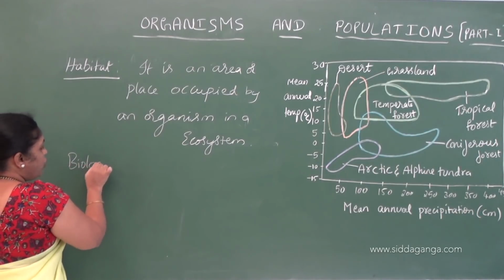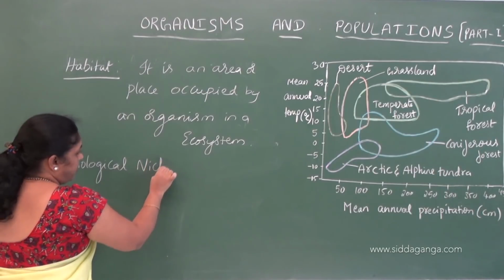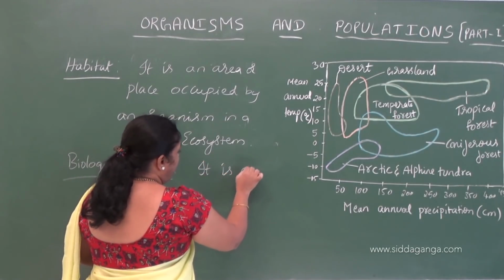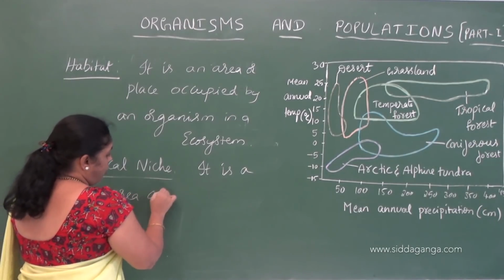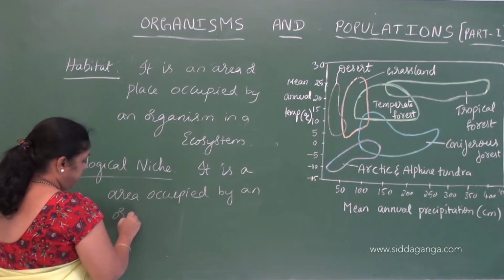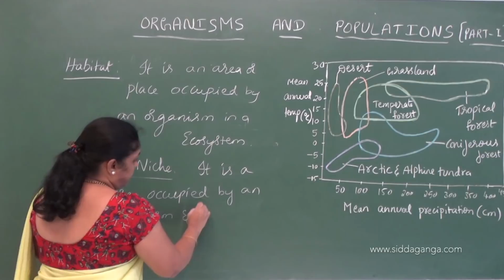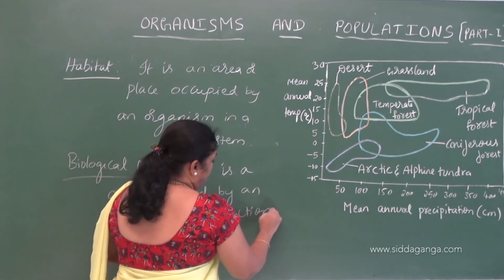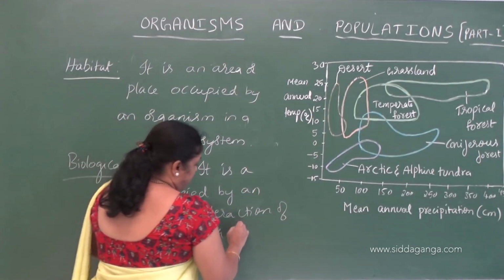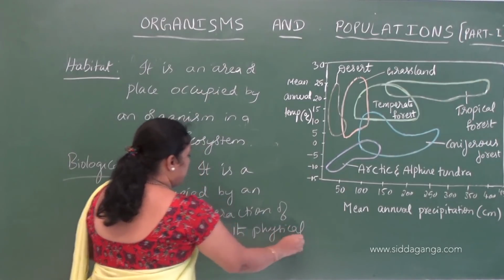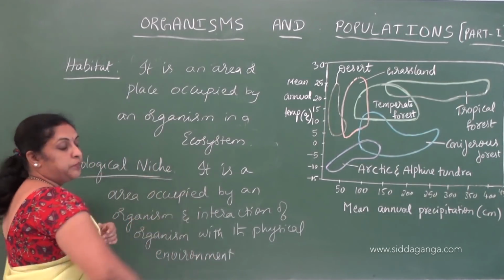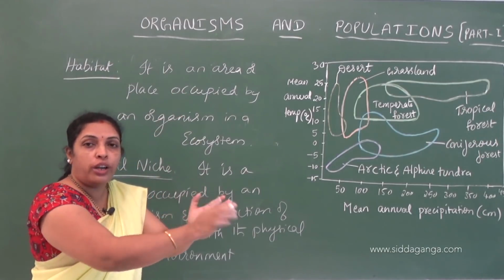Then what is biological life? This all comes for 1 mark. Biological life is an area occupied by an organism and the interaction of the organism with its physical environment. That tells about biological life. So habitat, what does it say,